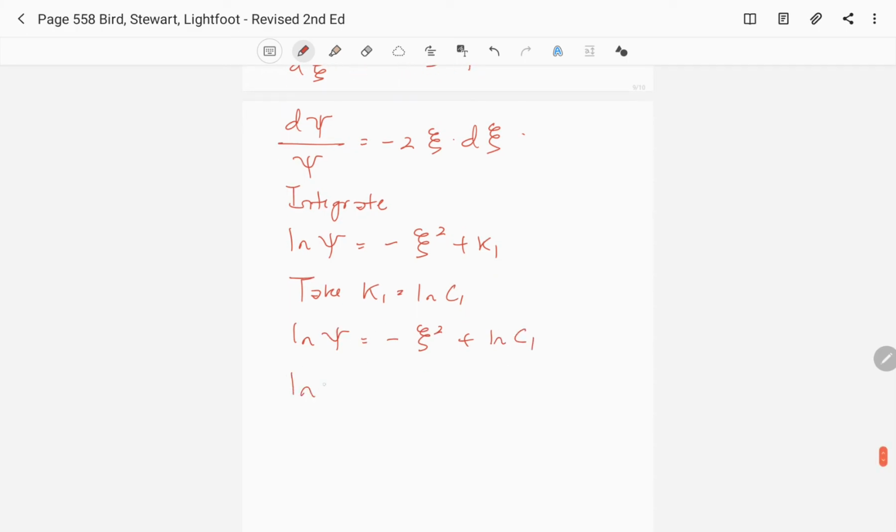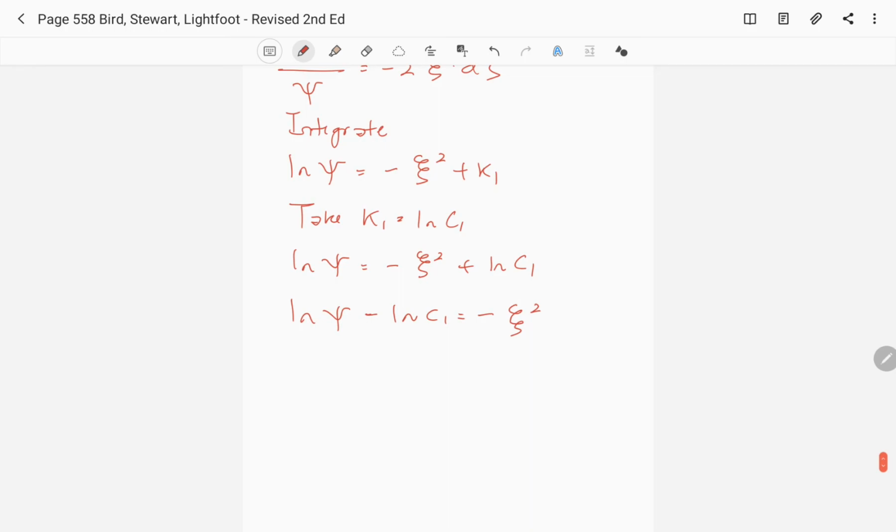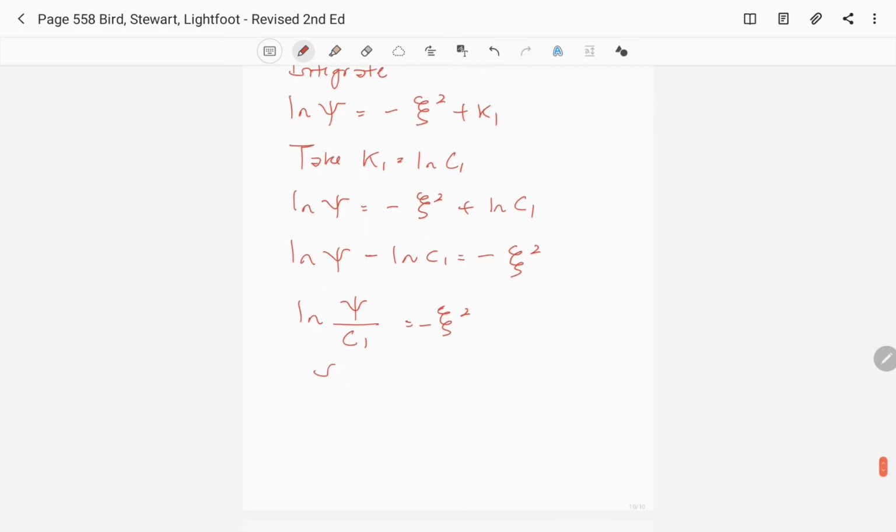So then you can remove this c1 into the left hand side. This will be equal to this, and then lump these two together using a logarithmic natural identity, so that this will be equal to e minus